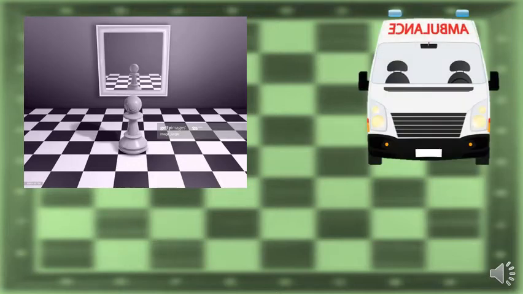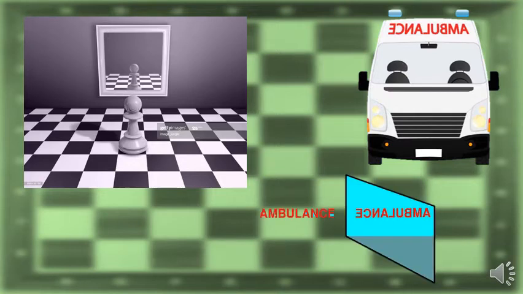Now let us think about why the letters of ambulance are written in exactly opposite kind of way. Since if I am driving the vehicle, I should be able to see the ambulance coming from behind. So whenever I see in the mirror, the letters appear to be clear or straight to me. That's why these letters are written in exactly opposite kind of way.